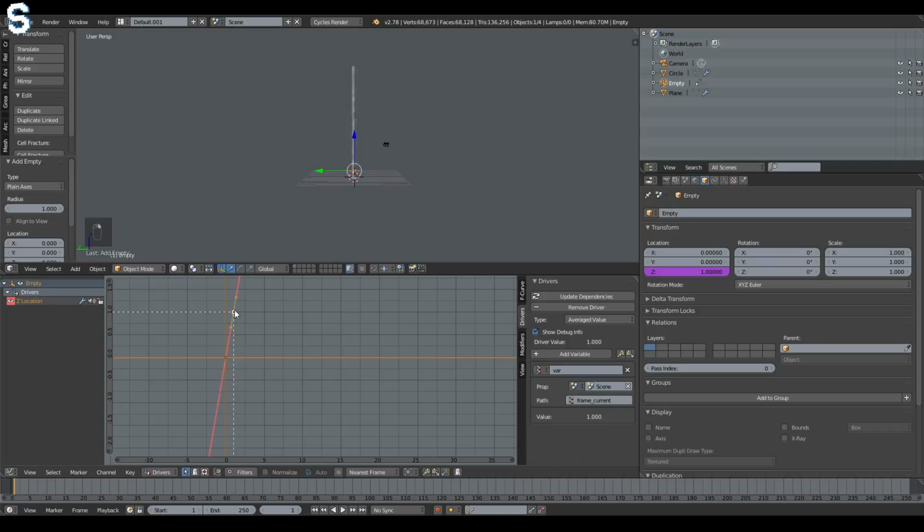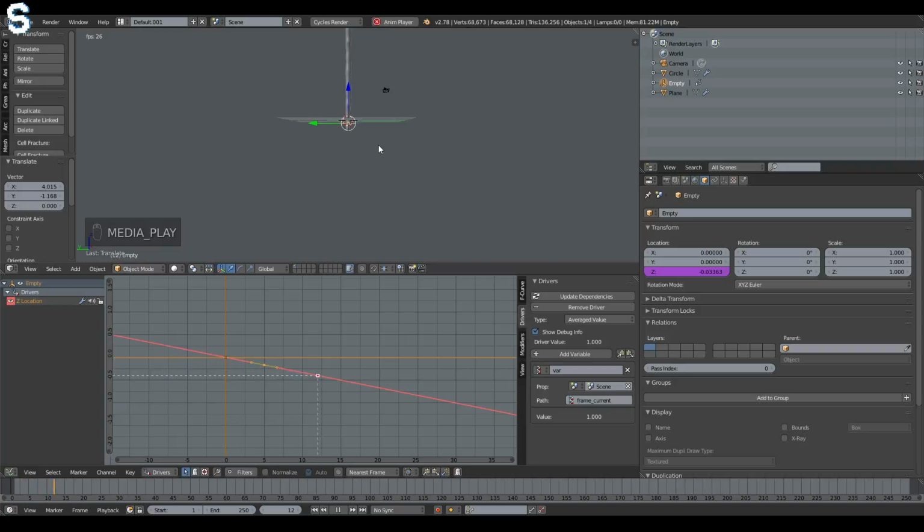So now we have these two handles here. Select the second one and just move it slightly below the x-axis, because this way our empty is going to move down over time. So if we play back the animation right now, you can see that it is moving down, but it's far too slow. Real water is much faster. So grab this handle, move it downwards,